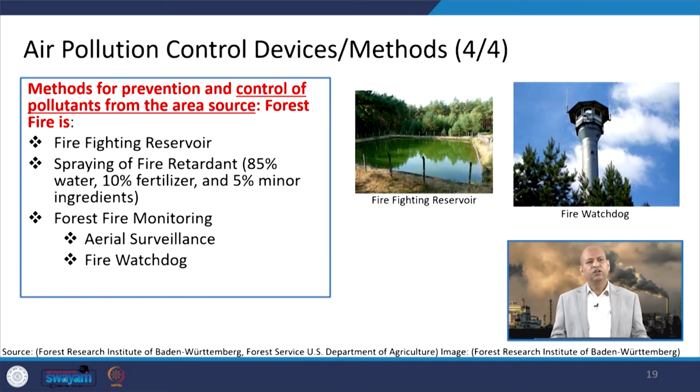Then forest fire monitoring systems could be there through aerial surveillance and fire watchdogs. That way, if you control the forest fire at the beginning, it is easy. Otherwise, if it spreads, it is very difficult to control. You might have heard that in several countries it occurs in summer and a lot of forest areas are burned